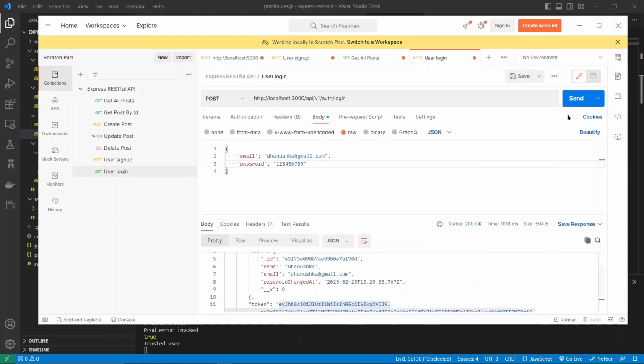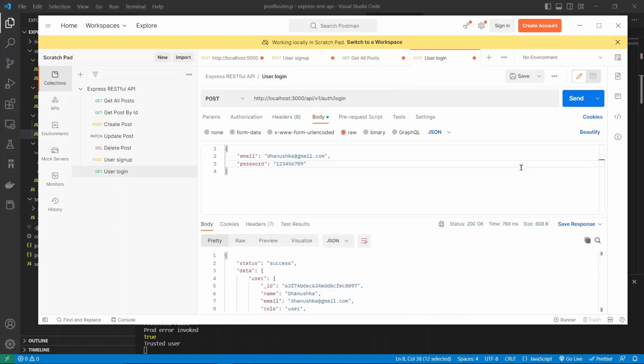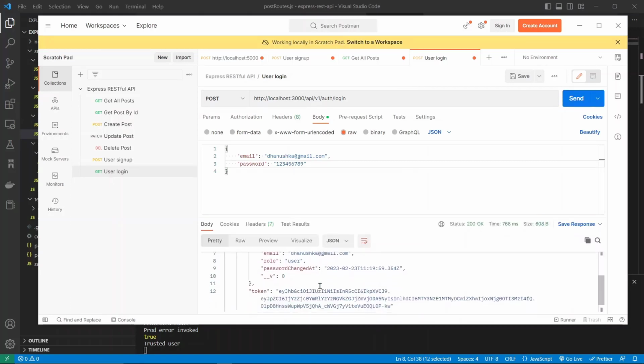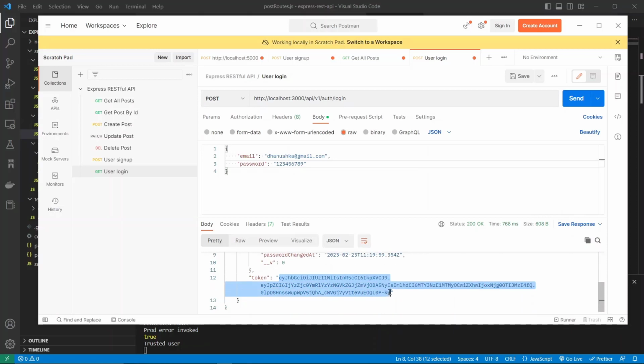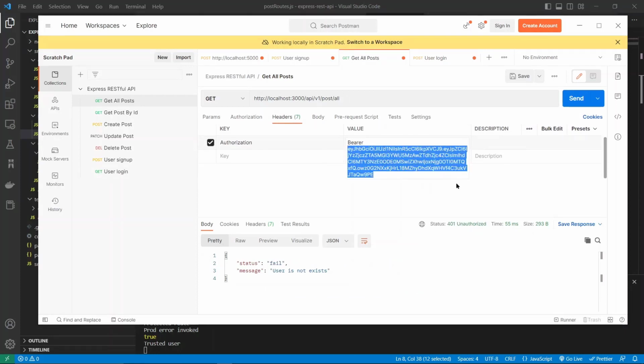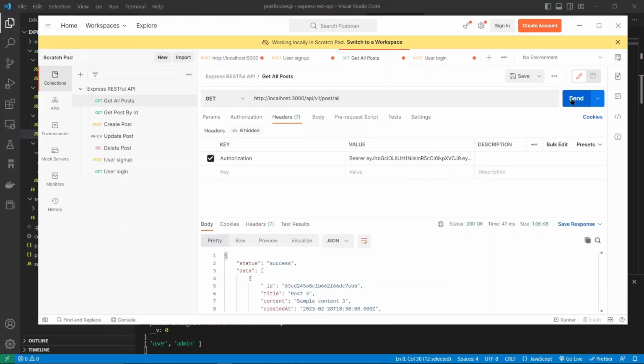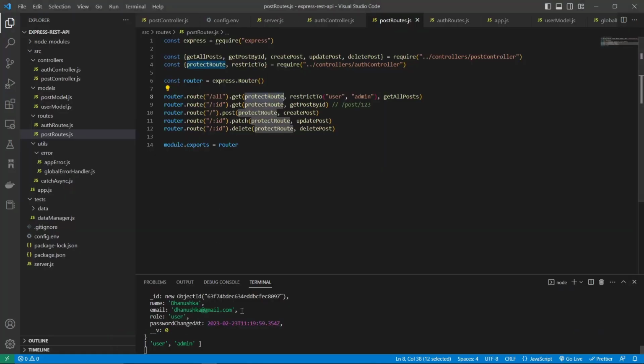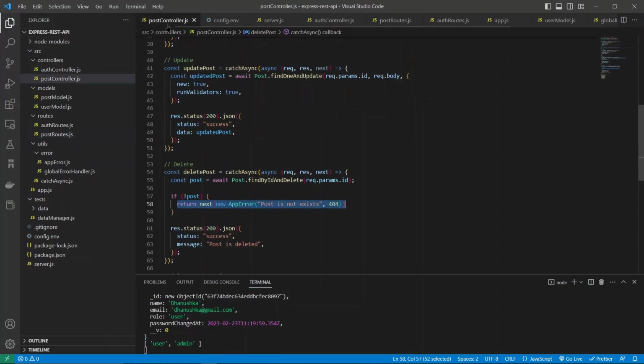So I have to log in again and obtain the token, and this is the token, and let's paste that token over here, and now try to send it again. Yeah, now you can see we have this user object that is bound from that request at the protected route